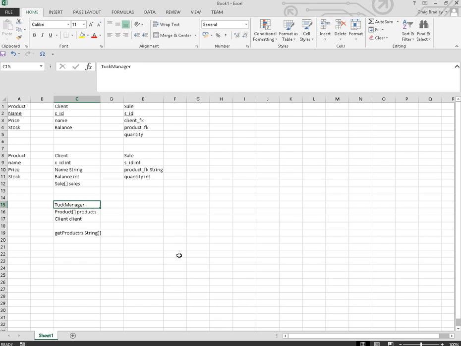Let's get going. Alright, so we've planned our system. We've got our database storage, we've got the way our class structure is going to work, we've got the clients having the array of sales, we've got our tuck manager having the array of products, and it would load the clients. So we've got a way in which our system is going to work. Now the next step is we are going to create our database, and this is where I get into teaching you a bit about your